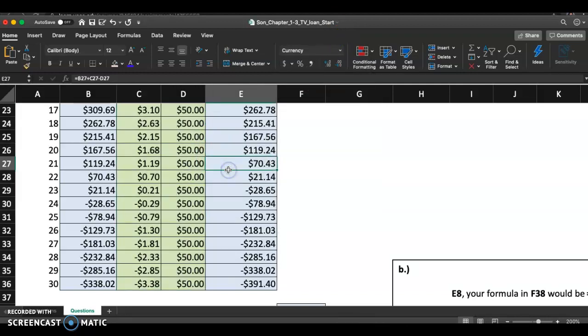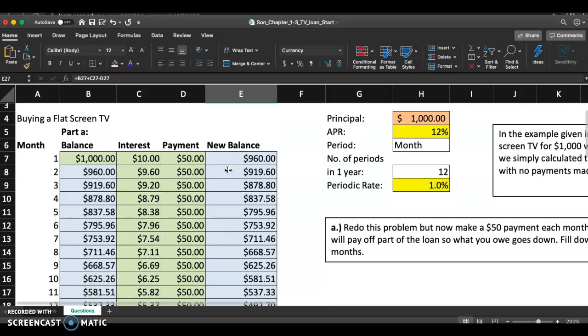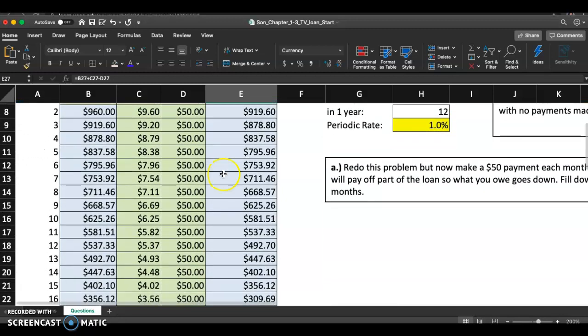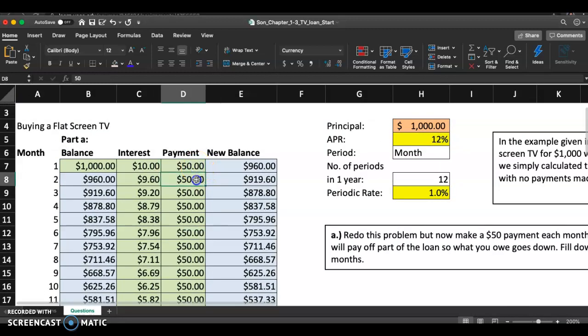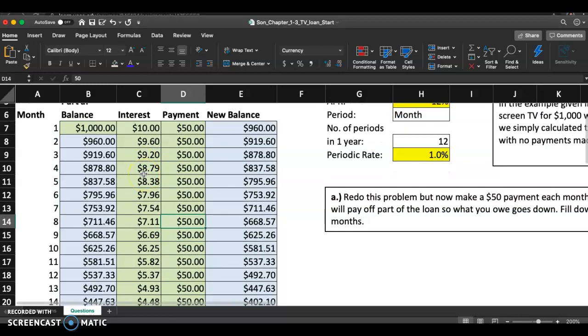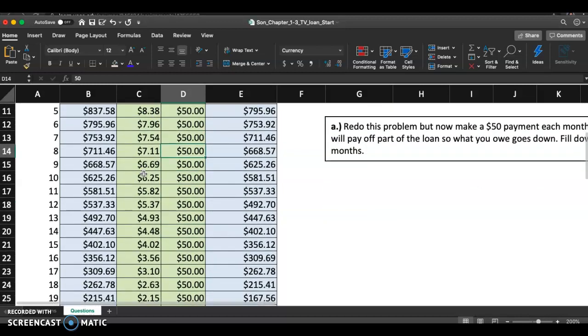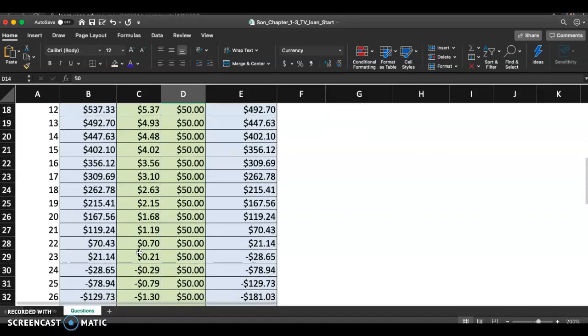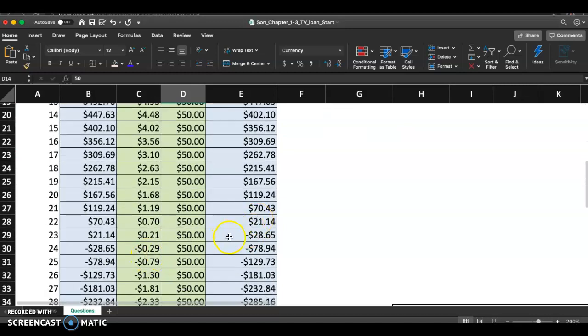So I'm not going to mess with any formatting here. But this looks good. I can see that we're making a monthly payment of $50 every month, and that the amount of interest that we will end up paying is going down, going down. That's good. And if you can see, after our 22nd payment, we still owe